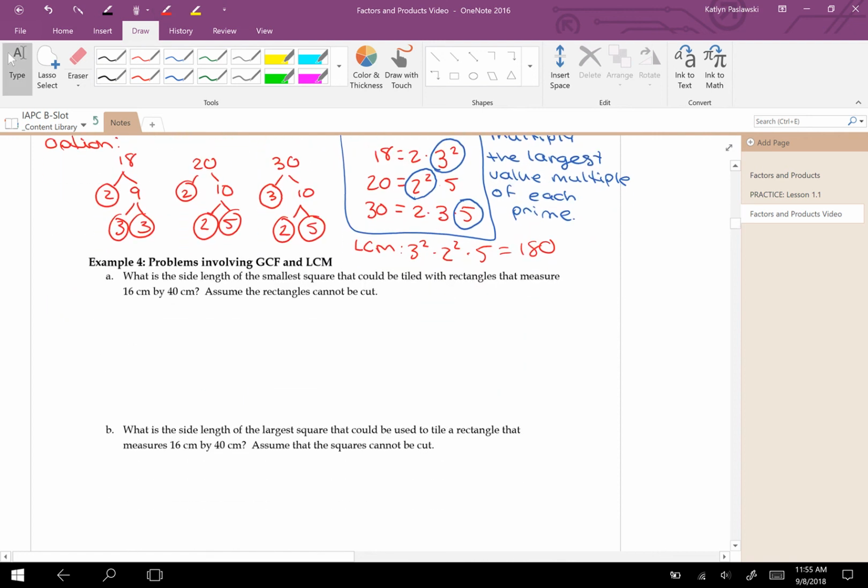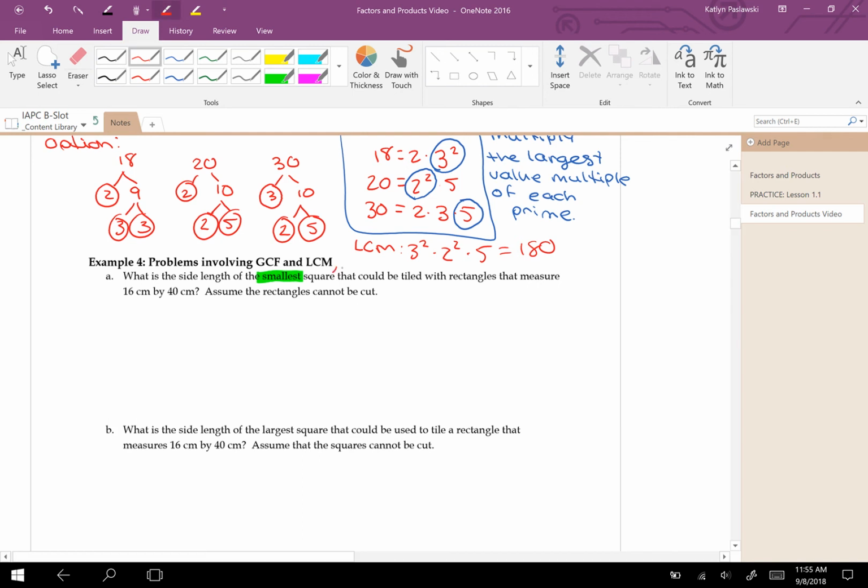Now let's move on to example 4. We have 2 word problems. One we're going to use to determine the least common multiple, and the other the greatest common factor. So for the first example, when I read out this question, what is the side length of the smallest